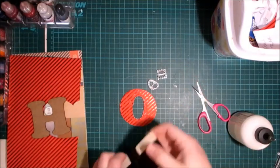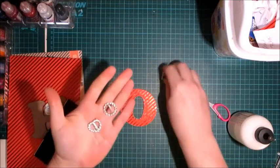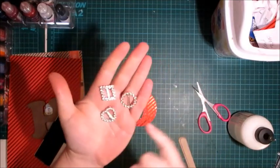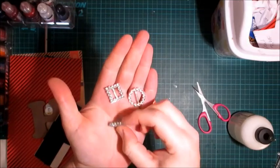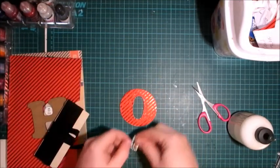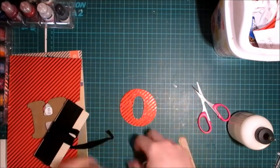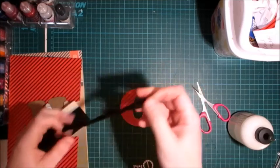Okay crafters, I've got some black ribbon from my stash, and in my store createhomewithg.com I sell 3 different designs of the belt buckle. You have the heart shaped one, you have the round, and then you have the square. Now traditionally it's the square, but I was thinking maybe the round one. So I'm just going to